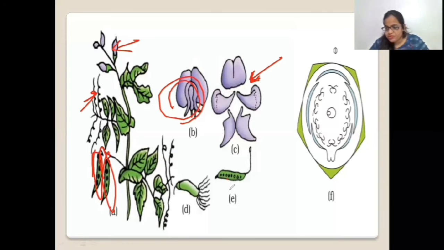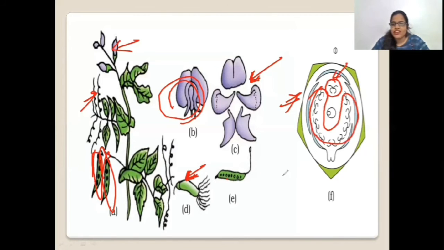And now the next one we have is this one. You can see the androecium is present over here. The reproductive parts of the flower are present over here. Then you can see this is the floral diagram given in NCERT. Out of all the 10 stamens, this one is present separately. The rest 9 are present over here in a fused form. That is the diadelphous condition. Again, an important term with an important example. So we are linking two things so that you can revise and learn easily.